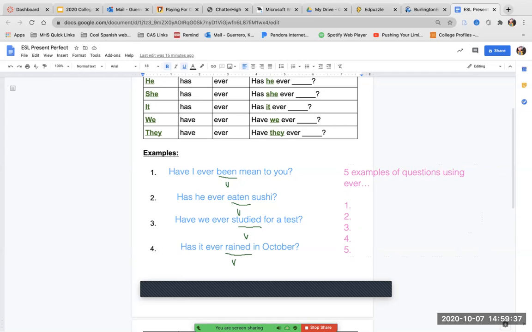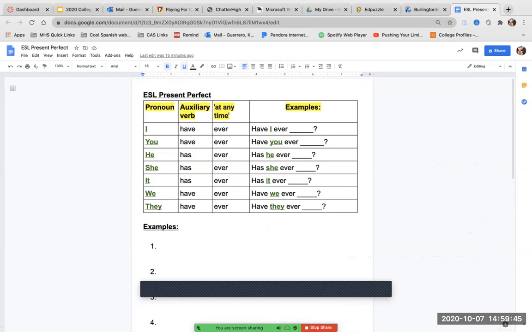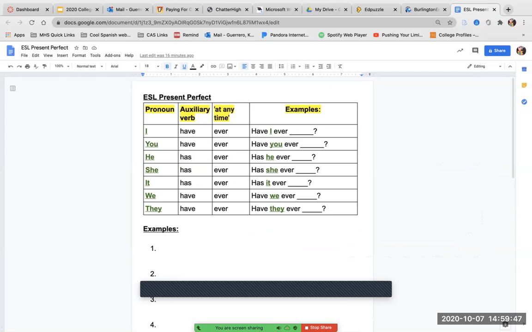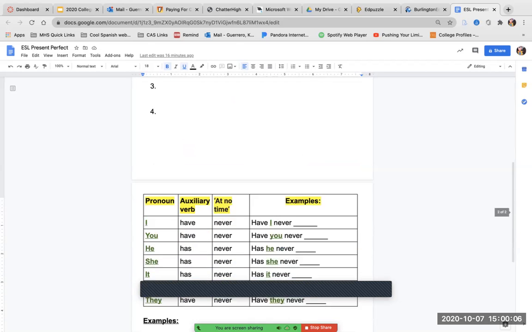So once you come back, make sure that you understand, you go through this. So let me delete this. You have this information, so you can pause the video, you can rewind the video, and you have here the breakdown: the pronoun, the helping verb, and then the word ever. And then this is how we start them, have I ever. So you can go over this again. So you can pause this video again. If you're ready,